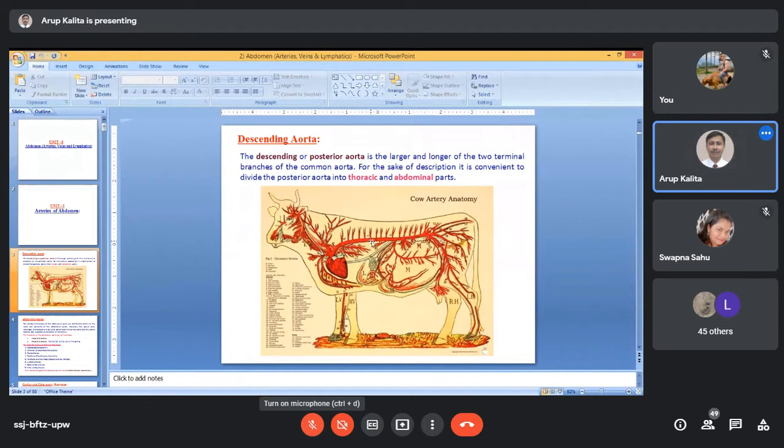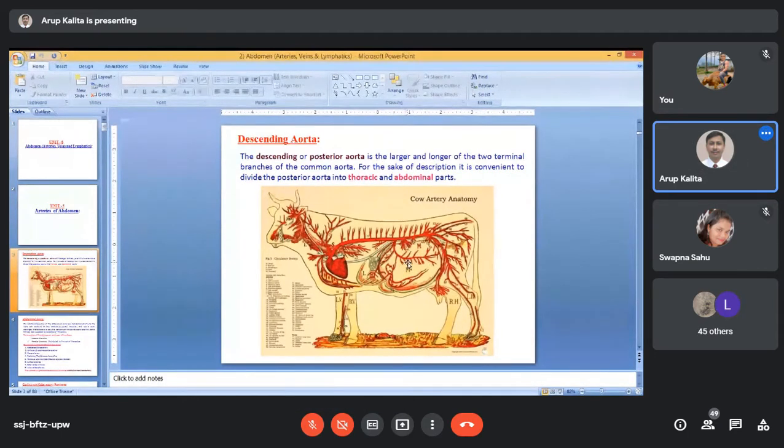After that, it enters the abdominal cavity via the foramen present in the diaphragm known as hiatus aorticus. Now in the abdomen region, it will supply the different organs present in the abdominal